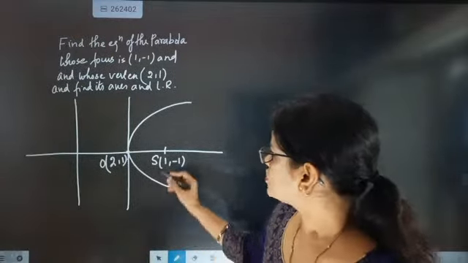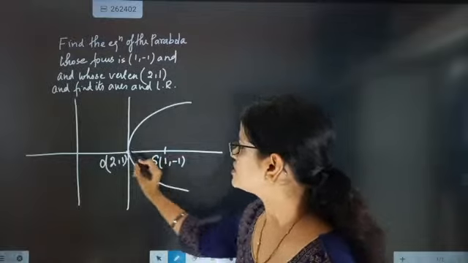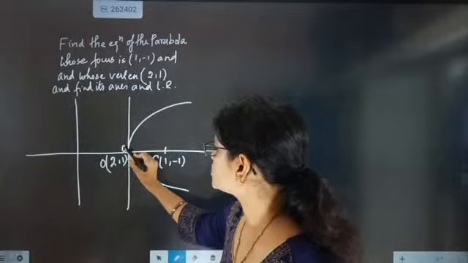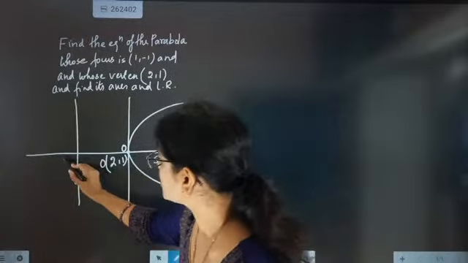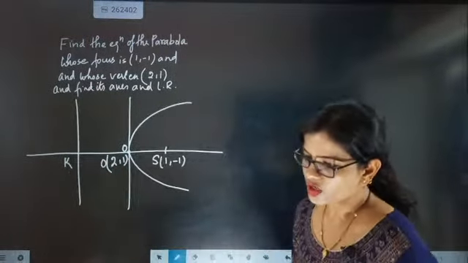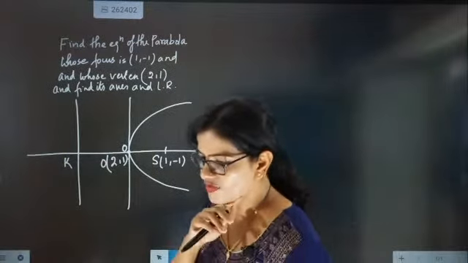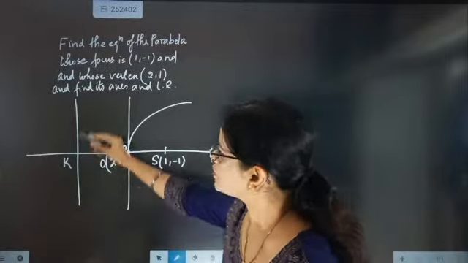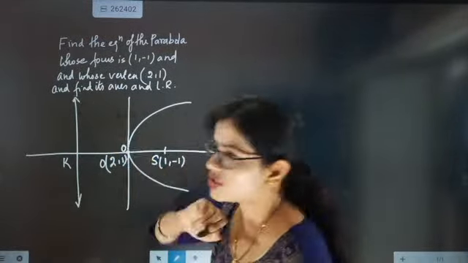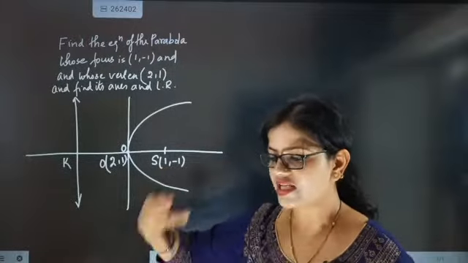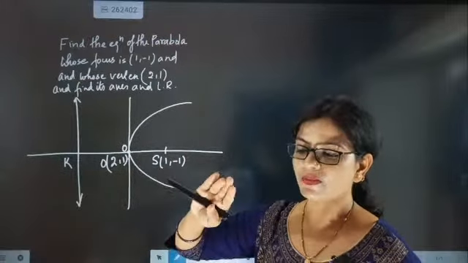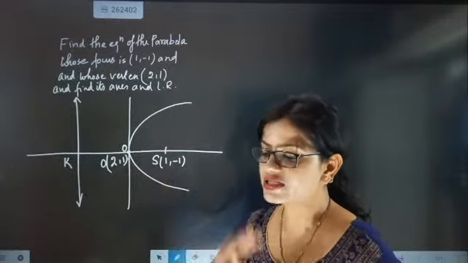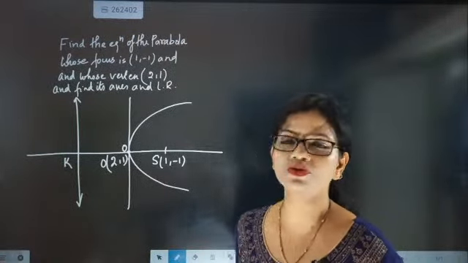Better? So now this distance will be equal to this distance. So we know that this part is taken as O, this part is S, and we are going to take this part as K. So what we are going to say is that it is going to be equidistant. So one by one we are going to do the work, because if you miss any part of it, this question will be coming for 4 marks. Any one single part you miss means you will lose the entire section. You will not be able to solve the question.